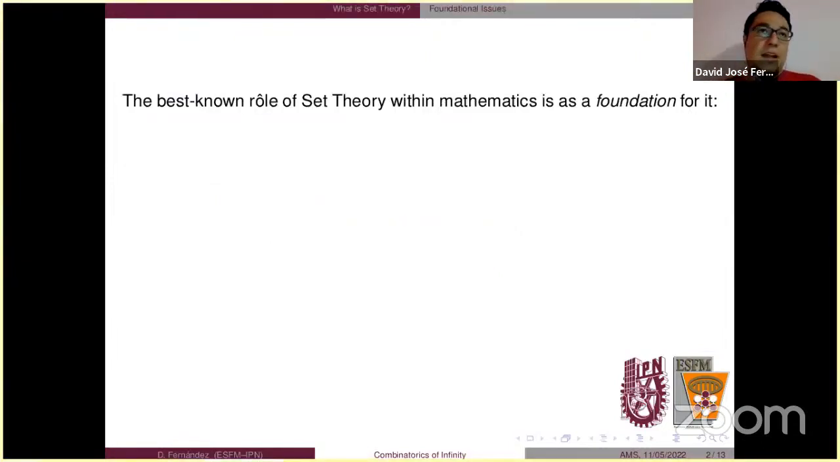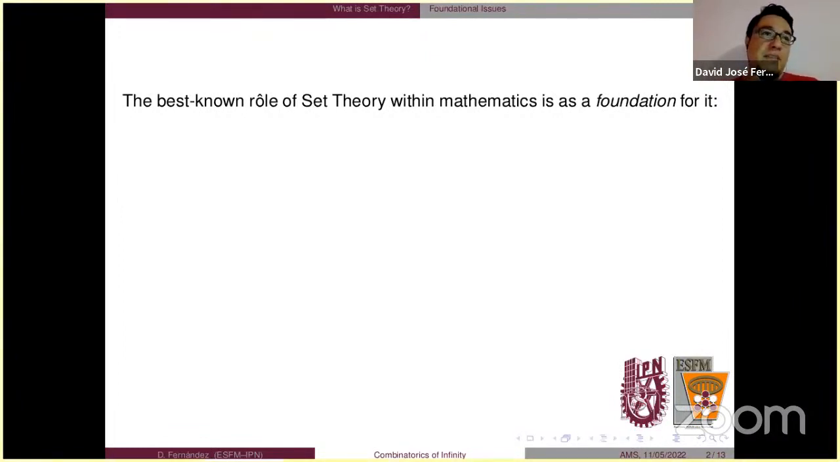So, like I said, I'm going to start by talking in general, very briefly, about what set theory does, and slowly go deeper and deeper into a specific line of research that I've been involved in. At the beginning, I think a lot of people, when they hear set theory, think of